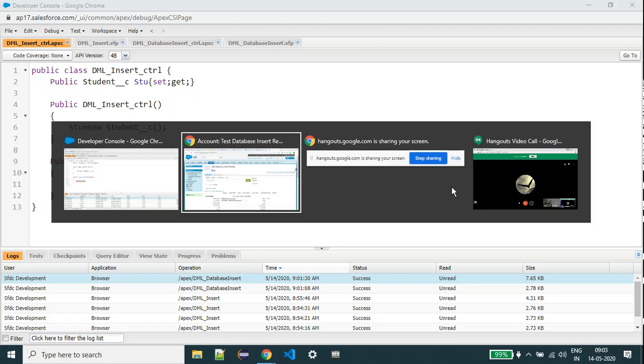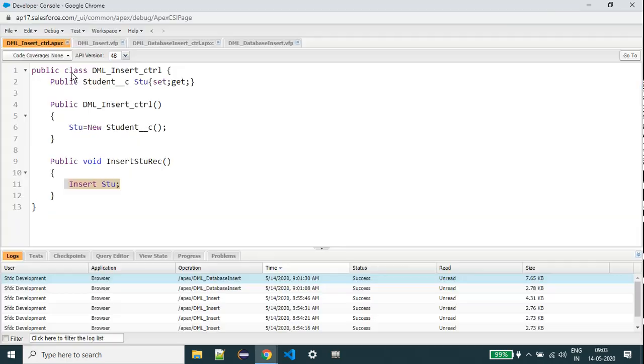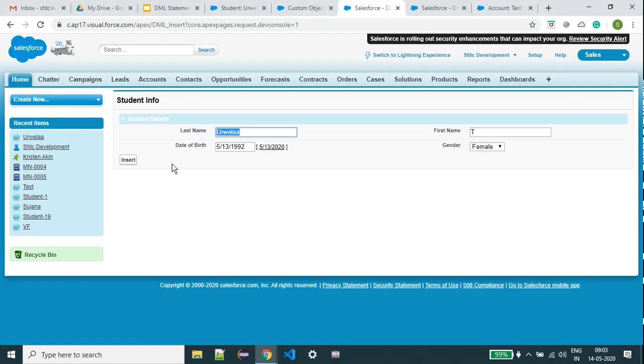So the difference is, for example, instead of giving insert, for example, I am not mentioning some mandatory fields for this record. Any mandatory field at the student object level.